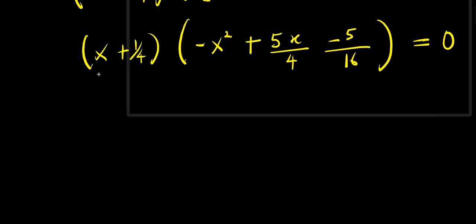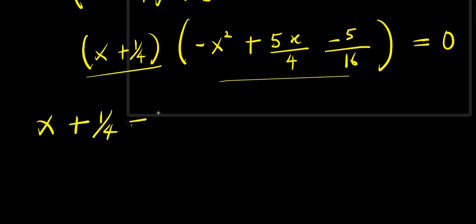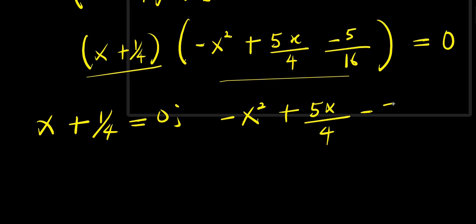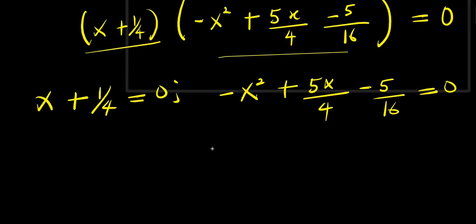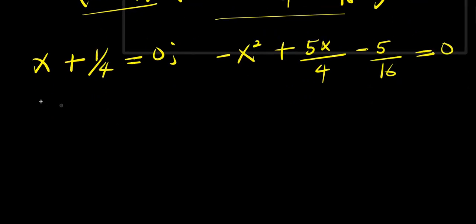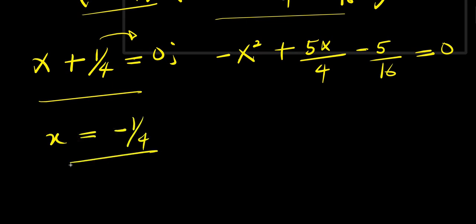So let's equate each of these to 0. We have x plus 1 over 4 equals 0. Then we have negative x squared plus 5x divided by 4 minus 5 over 16 equals 0. So let's solve this individually. To solve this, I move this over here, so x equals negative 1 over 4. So this is my x1. To solve this other one here,